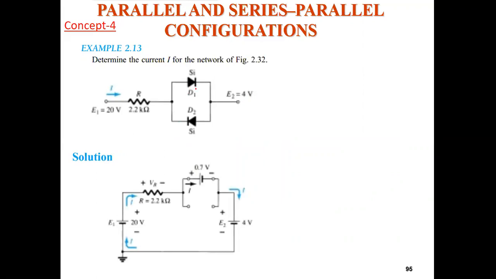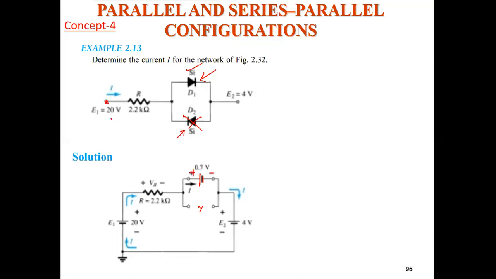Okay, so here two diodes are in parallel, but one is in the forward bias manner and another is in a reverse bias manner. So obviously this will be off. Okay, so this is off. After that everything is same. Like if this silicon is on, so it will require 0.7. So I will replace this silicon diode with a 0.7 volt equivalent. Okay, next everything is same.